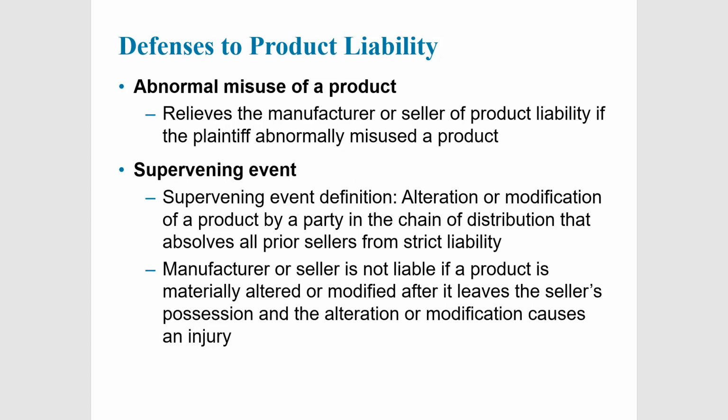Another defense is a supervening event. So a definition of that is an alteration or modification of a product by a party in the chain of distribution that absolves all prior sellers from strict liability. So a manufacturer or seller is not liable if a product is materially altered or modified after it leaves the seller's possession and the alteration or modification causes an injury. Okay, so to simplify that a little bit, I make a product. Let's say I'm going to sell a